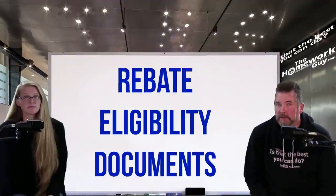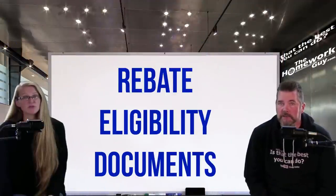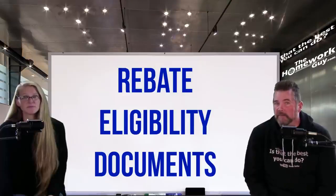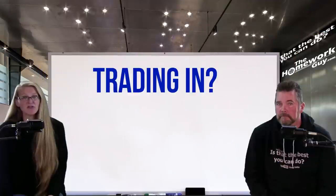Rebate eligibility documents. Many dealerships and manufacturers commonly offer special rebates for military members, students, and recent graduates. If you want to take advantage of one of these rebates, you have to provide documentation proving your eligibility. If you're planning to trade in your current vehicle as well, you'll need to have additional documentation on hand to